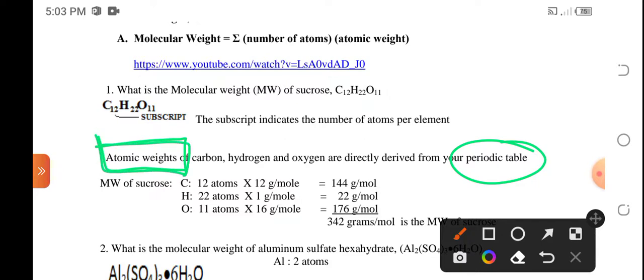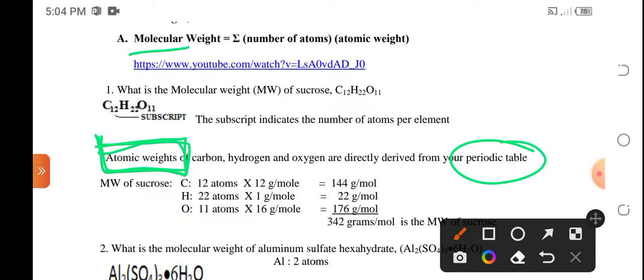Do not get confused with the atomic number. It is not the atomic number that we will multiply for the computation of molecular weight. Rather, it is the atomic weight. Atomic number and atomic weight are different. Please check the legend of your periodic table to see where the atomic weights are. Okay, so